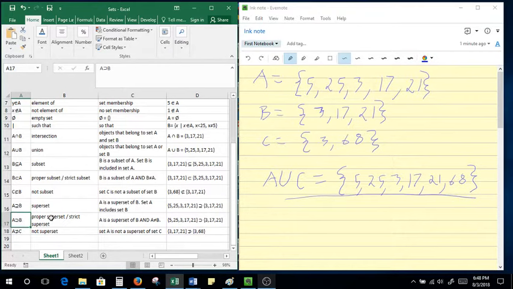So A, proper superset, or sorry, this was, yeah. So A is a superset of B. A is also a proper superset of B because A does not equal B. And then, just like with those, if C is not a subset of B, then A is not a superset of C. Because this, again, it's the same symbol. We're just turning it around and then also reversing the letters. So the same